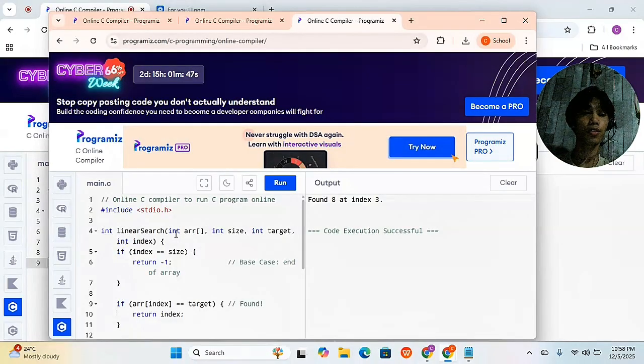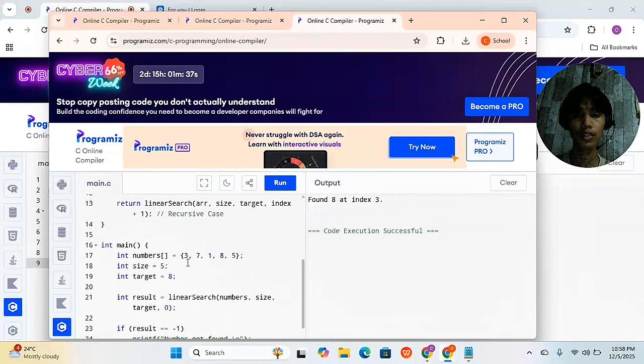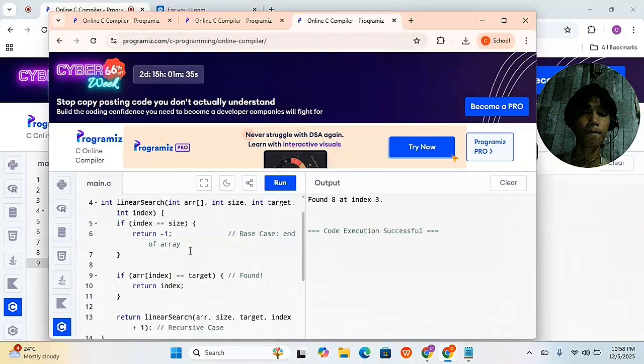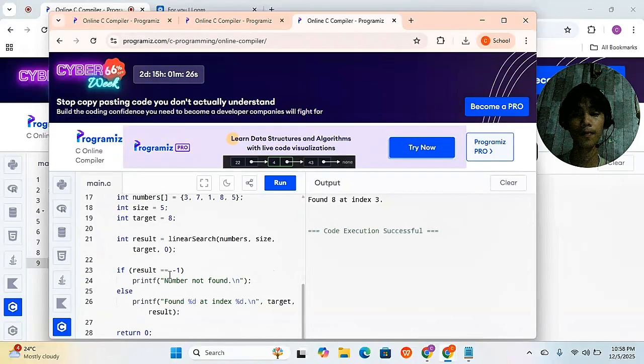We search for 8. We check index 0 which is 3, index 1 which is 7, index 2 which is 1, index 3 which is 8, and we found it. So the output is found 8 at index 3.